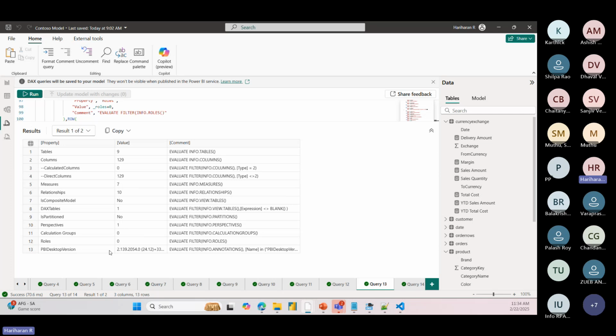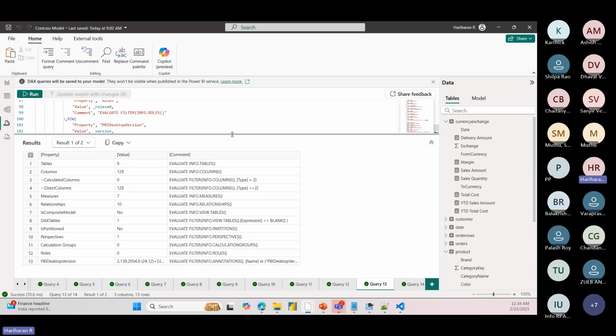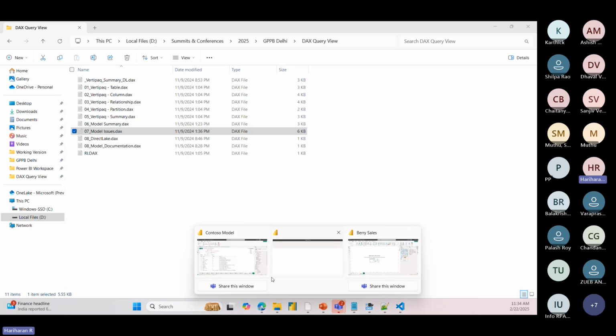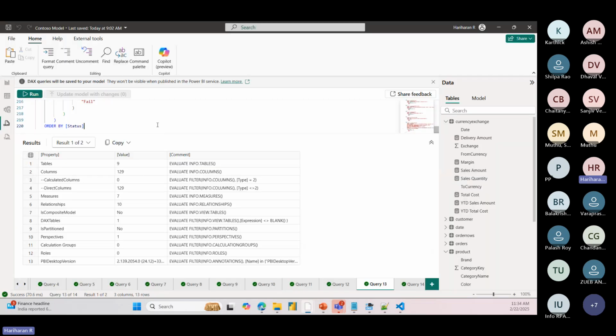And in case you want to deep dive, you can still deep dive with these detailed queries. So this is just a summary. And let's say you want to understand some of the issues. You have options to use Tabular Editor BPA rules, again third party. In case you want to see some of the critical issues about your model, you just go and execute the query, Model issues. Here again we captured just basic rules, but you can still extend them,